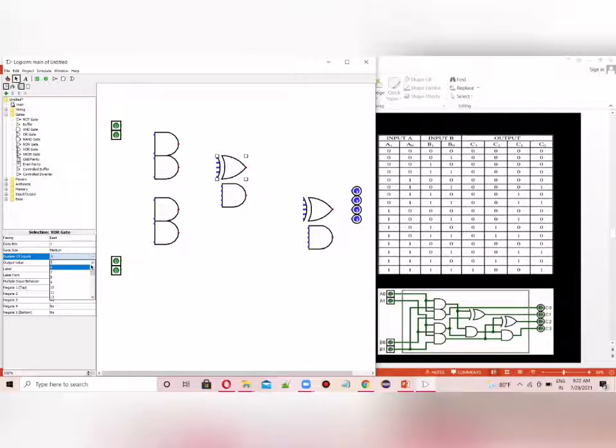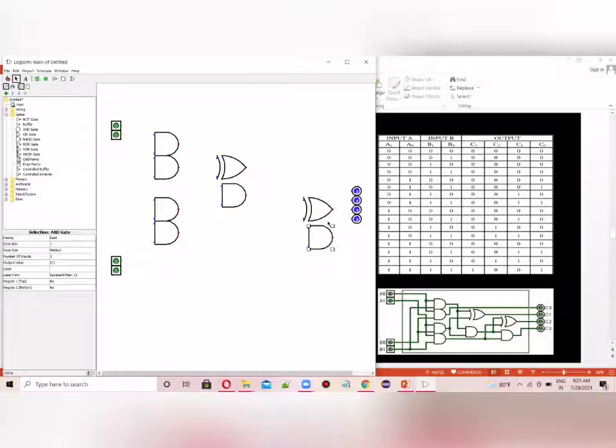I'm changing everything as 2. That is easy, because if we work with 4 inputs and sometimes connect the wires by mistake to the other terminal, the results may have a variation. So we won't get the output that we have to get. So it's better we change it to 2.